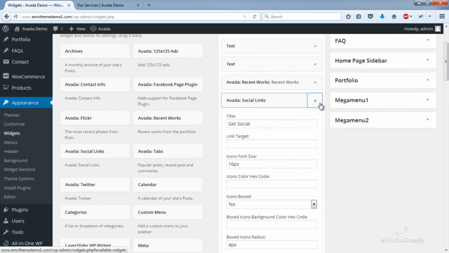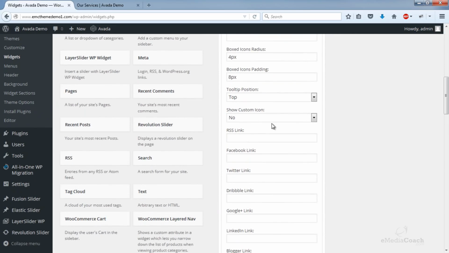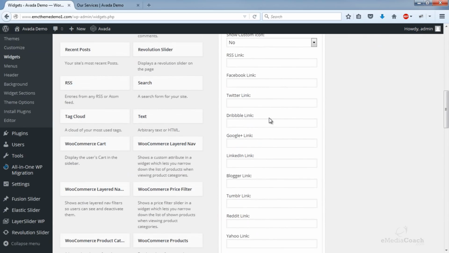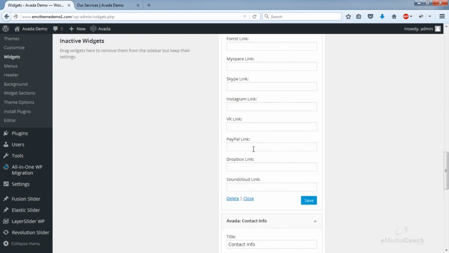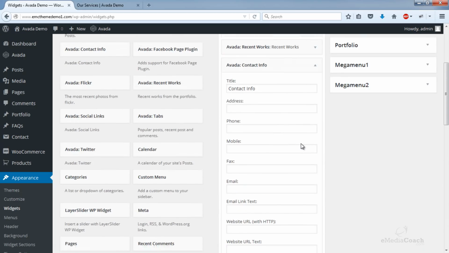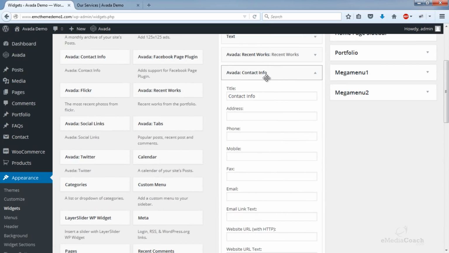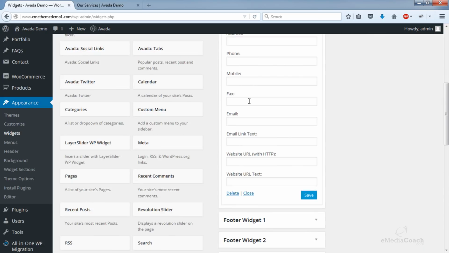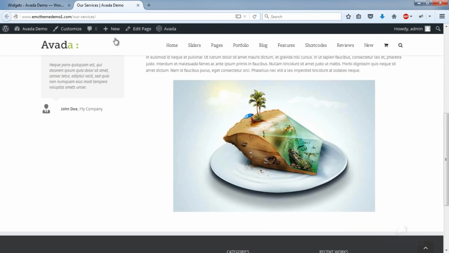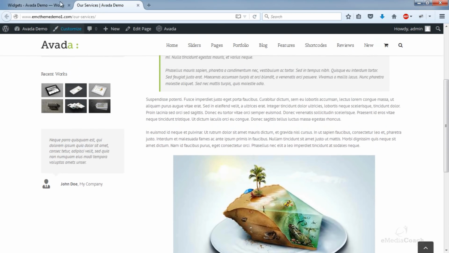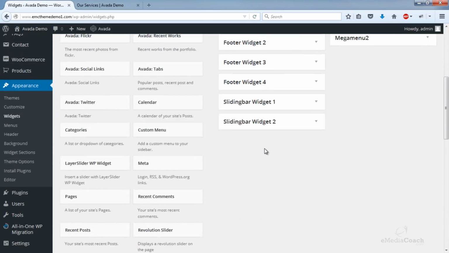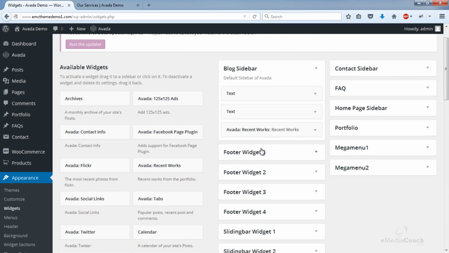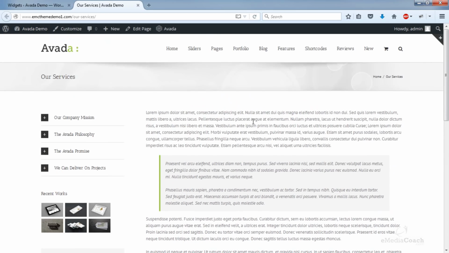Okay, so you can configure your social links if you like. I'll leave that out for now. So I'll just get rid of that. And like I did before, I added the contact info. So you'd just be able to fill out all the fields here, and just like magic, all of that stuff will appear in your sidebar. If you have any questions about that, please do let me know and I'll be happy to answer.